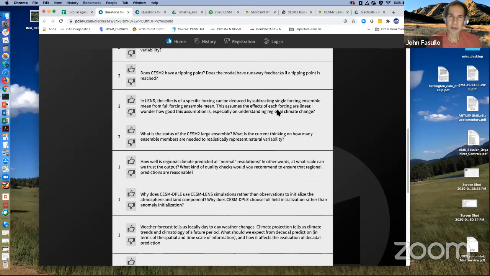But that said, there are some well-known tipping points in the climate system, and we see them in CESM2. For example, the weakening of AMOC, the sudden drastic weakening of the ocean circulation in the Atlantic, does occur. It's a difficult thing to evaluate with observations, obviously, but you can compare it across models to get a sense of how it falls within the realm of models.